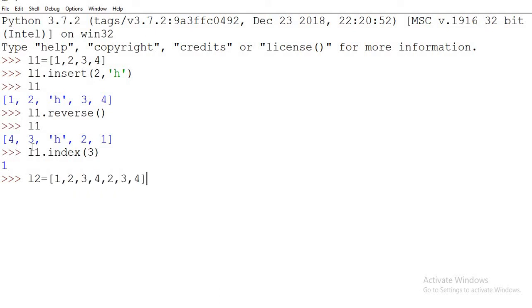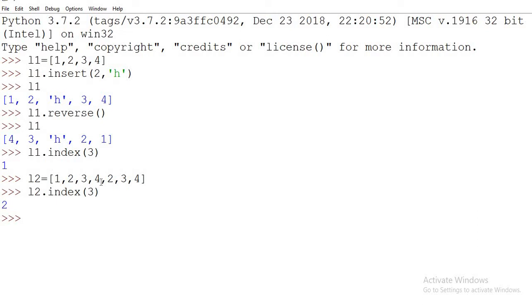So if I want to search the same element, like I want to find the index of 3 here in list 2, what do you think it will return? Because you have 3 twice in that list. It will return the first searched element's address. It starts searching your list from the beginning, and where the first match is found, it returns that address only. That is why it is returning the second index, because it is 0, 1 and 2.